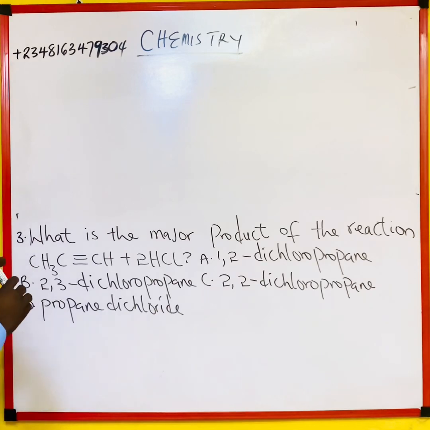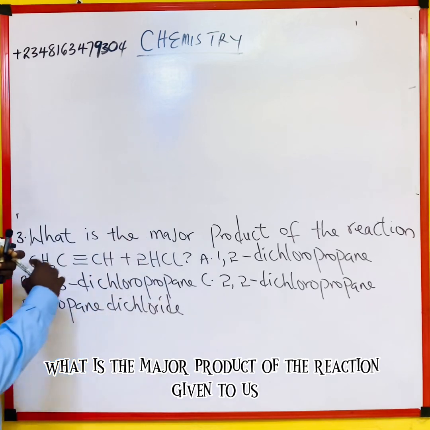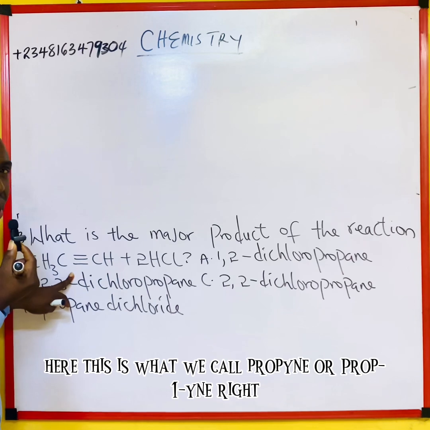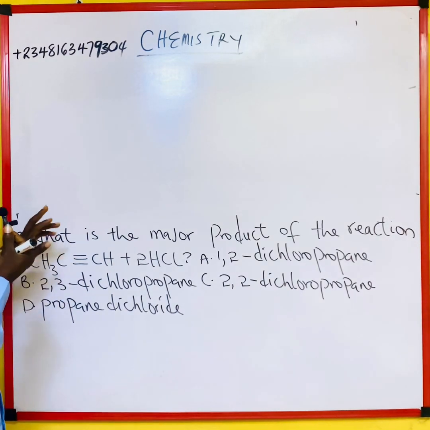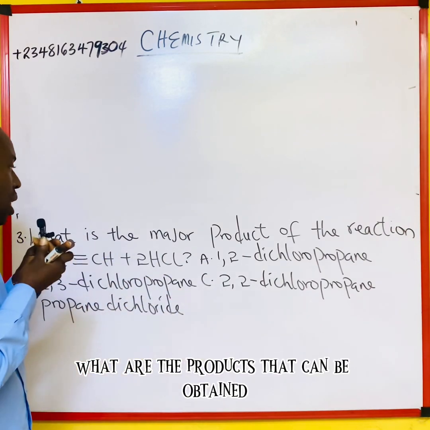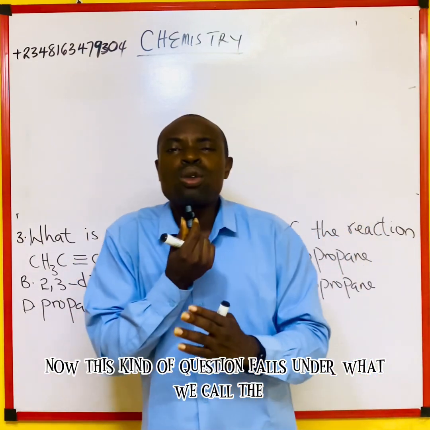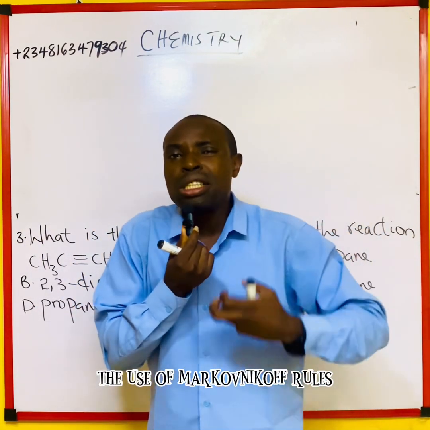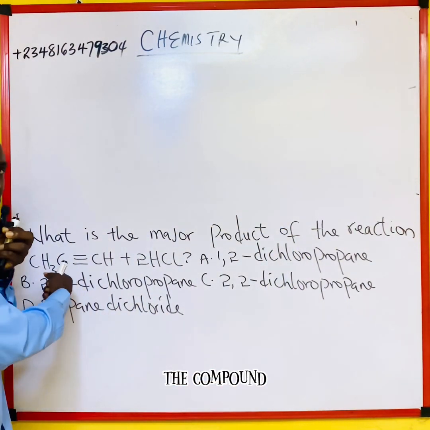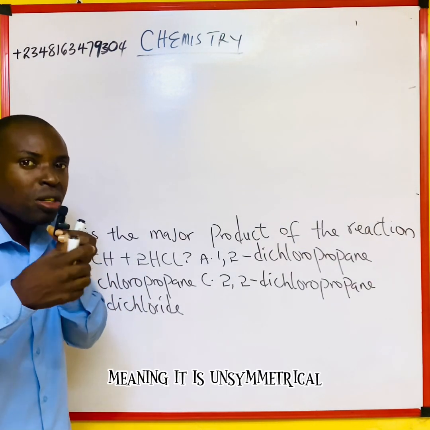Now, what does it say? What is the major product of the reaction given to us here? This is what we call propyne, or prop-1-yne. When we react it with HCl, what are the products that can be obtained? Now, this kind of question falls under what we call the use of Markovnikov rule, because if you check this organic compound, it is not symmetrical, meaning it is unsymmetrical,